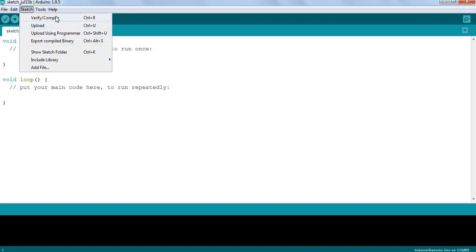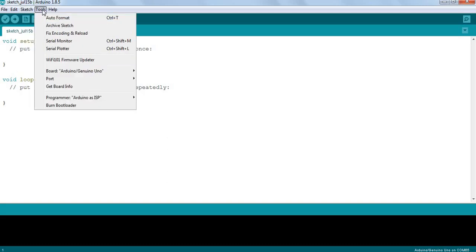Include library. In Arduino, we can have various non-Arduino commands which are kept at one place called library. Libraries are created by various people for specific tasks, and we can use those libraries in our program. But before using libraries, we need to include them, and that can be done through this command. We are going to have a separate video on how to use library.